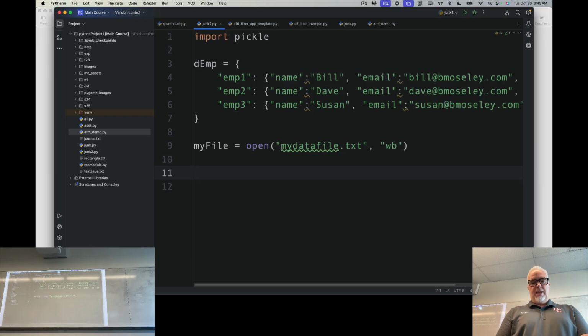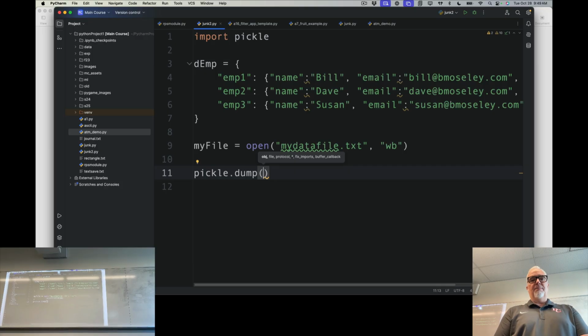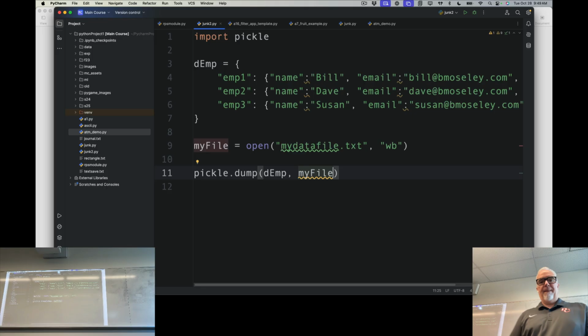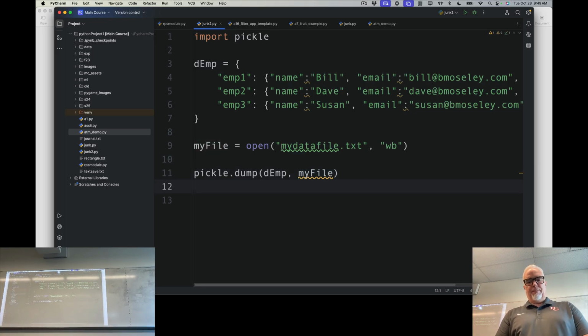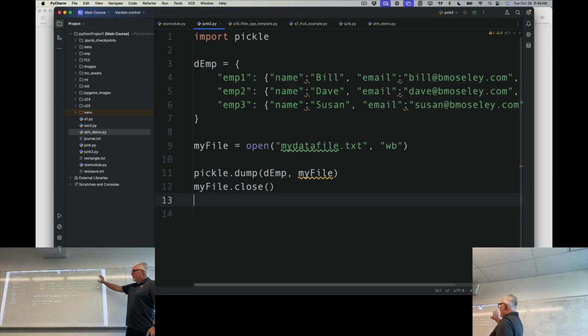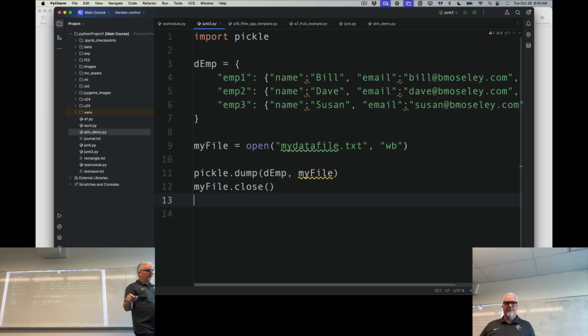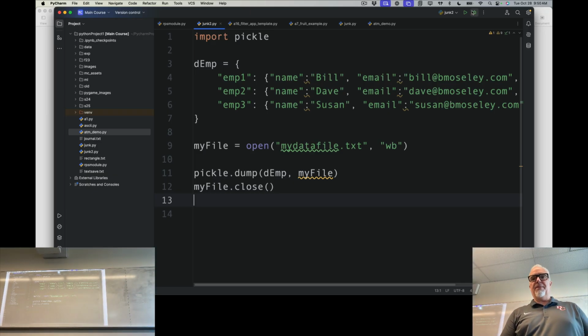Next, I'm just going to say pickle.dump. And I'm going to give it the object that I'm going to save, which is my data here, and I'm going to give it the file object that I want to put it in. Okay. And then the last thing I want to do, of course, is close the file. So I'm going to say myfile.close. That's the whole program: I create the variable here, I open the file, I save it, I close everything. Now I'm done. And if I run this,